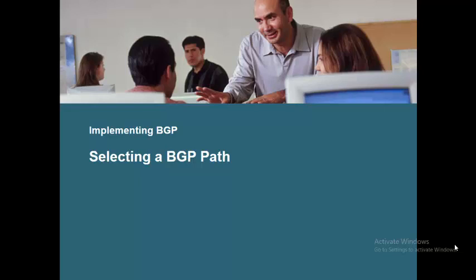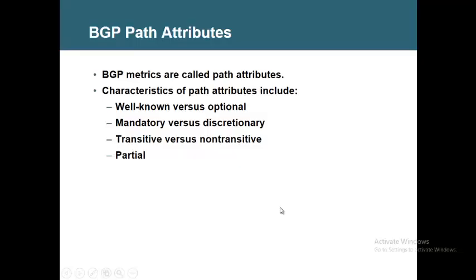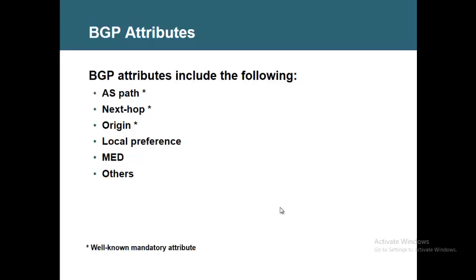Wonderful. Earlier in our BGP Path class, we learned various categories of attributes and we saw some examples. Some are well known, some are well known and discretionary, some are well known and mandatory. And if you see the attributes like AS path, next hop, origin, they are well known as well as they are mandatory. There should not be any BGP update without these three. If one of these is missing, the update is not going to be accepted.